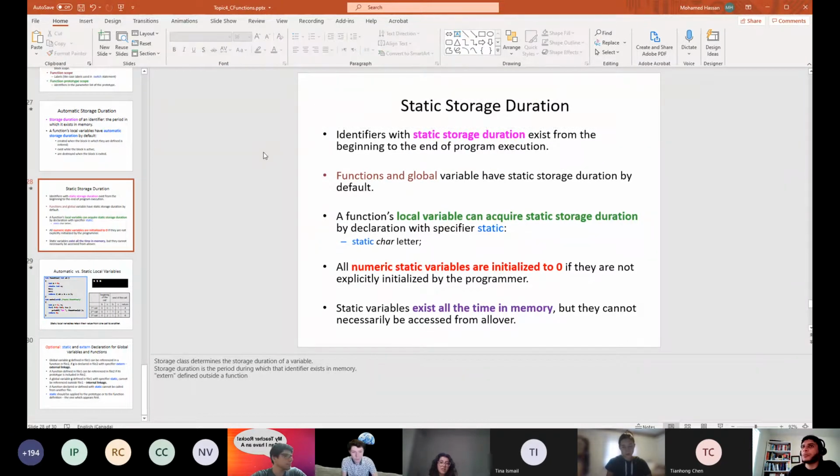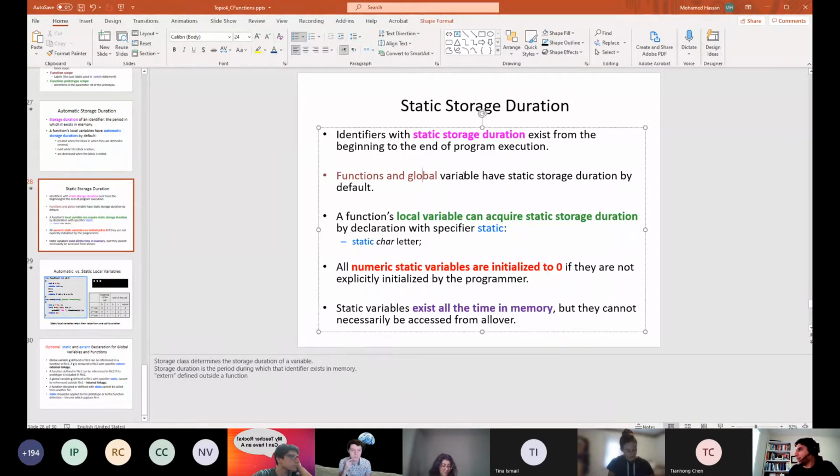Good. So to summarize what I have been saying, if you define something as static, its lifetime in the memory exists from the beginning of the program, which means when you start executing the first line of the main, until the end of the program. So it's not associated to a certain scope. And because functions and global variables, we said their scope is the program itself, by nature they really exist in the full execution time of the program. This is something that is also good to understand.